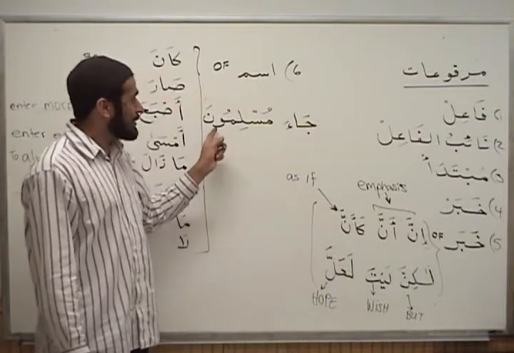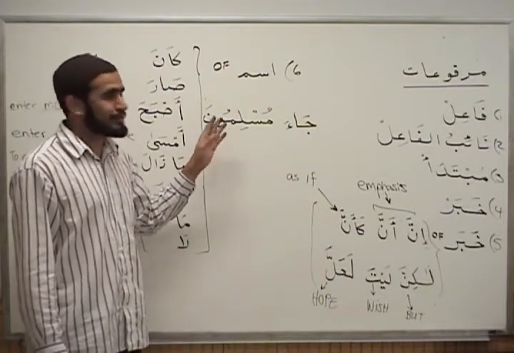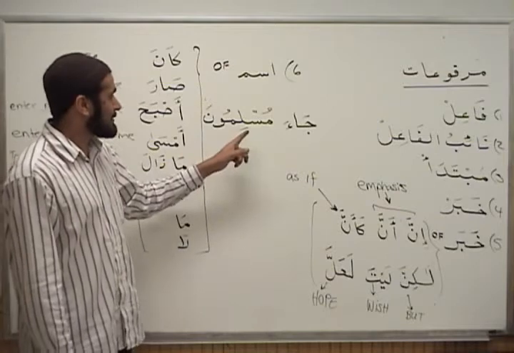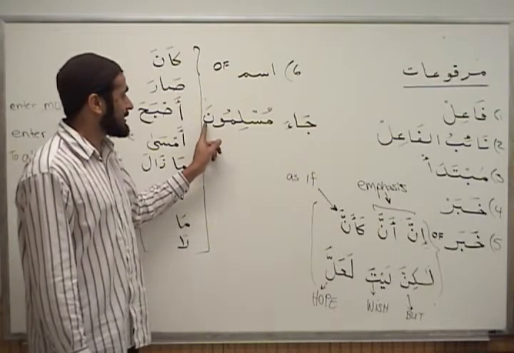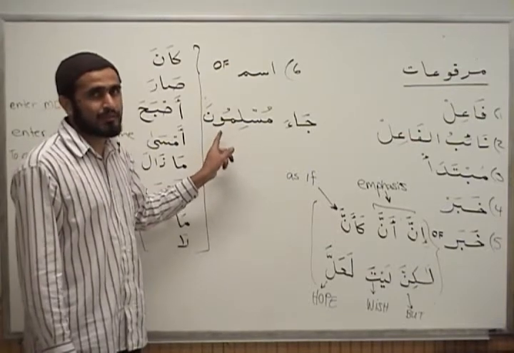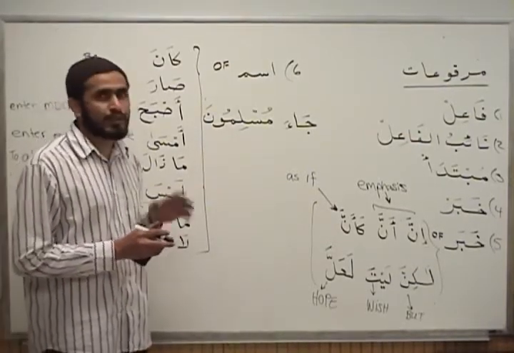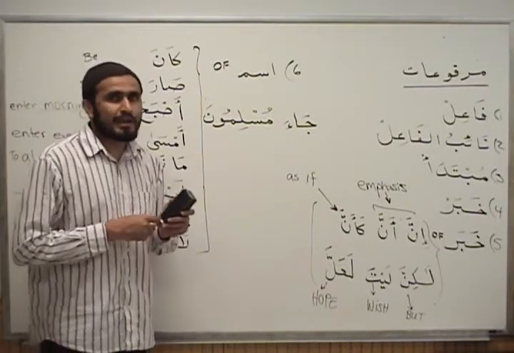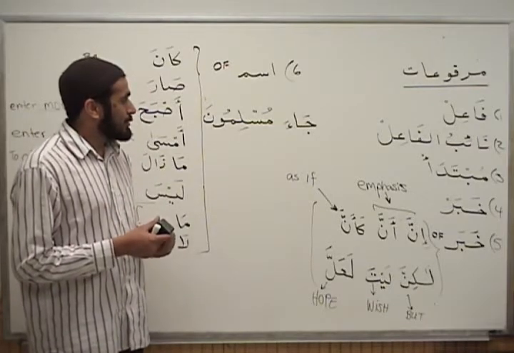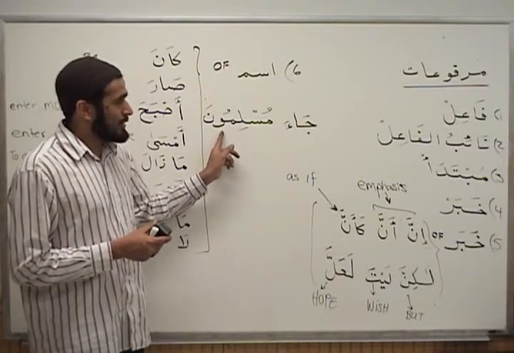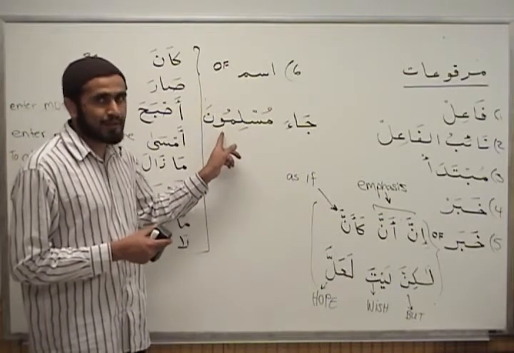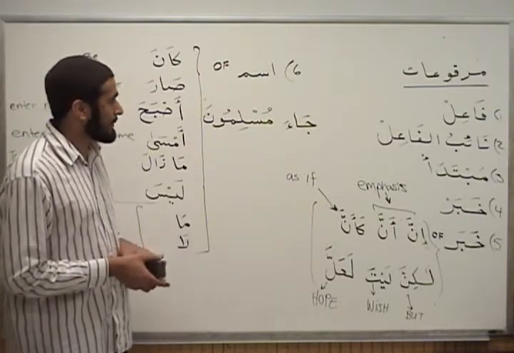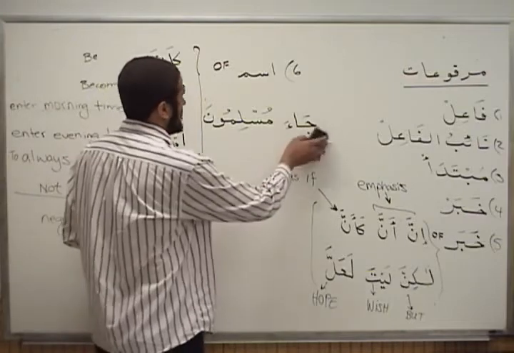But the manifestation of raf'a here is different. The manifestation of raf'a in the first example was two dhammas, right? Zaydun. Now the manifestation of raf'a is with the waw, which is the letter before last. That's what shows raf'a here. So raf'a could be shown in different ways, and for that you need to watch the other video which explains these things, the different states and how they're manifested. But know that Muslimuna here is a fa'il, and therefore it has the state raf'a. It's one of the marfu'at, and raf'a here is shown with a waw. This is the first category, fa'il.